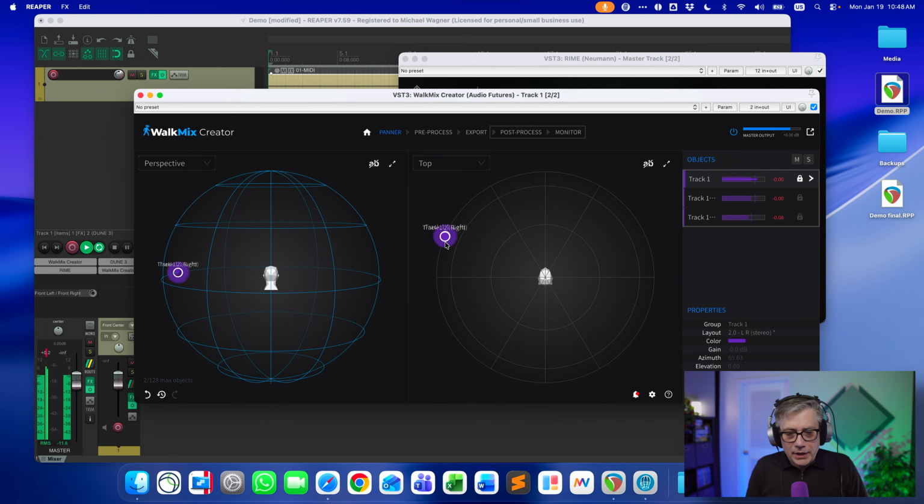And if I move that back, I now have that in the back. If I move that to the right, I have that in the right. And now the Neumann Rime plugin also tracks the pitch. So if I'm shifting the pitch, for example, I hear the signal here.